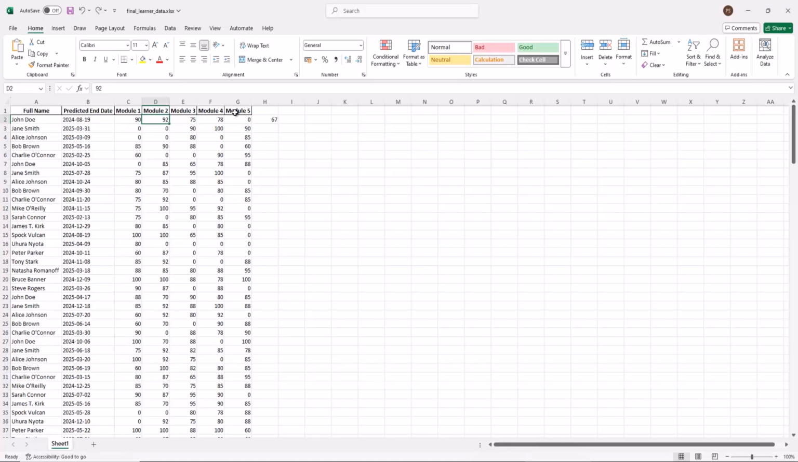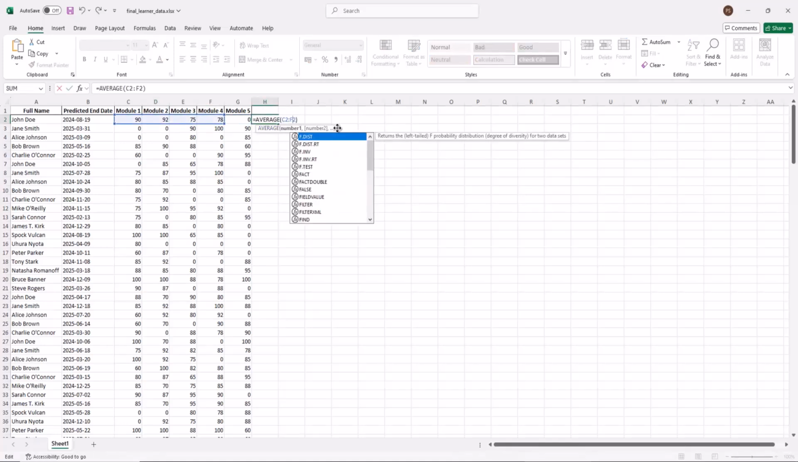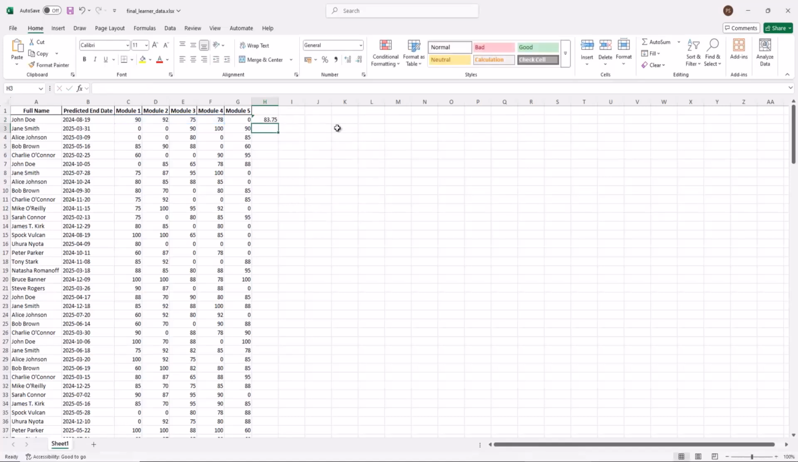So one thing that we could do here to avoid that 0 is to only average the modules that they've done. So of course we could change that. We could change that to just say it's just average of C2 to F2. Now we've got a better average